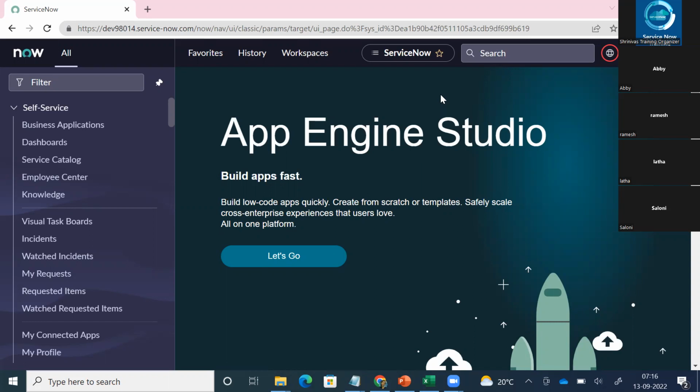ServiceNow is just, if anything is broken, we need to give service for them, right? If any computer or plugin, that's what I'm thinking. Okay, anyone else want to add something? For example, users are unable to log in and they created a ticket and they are assigning it to me. I will go through the ticket and maybe I will help them out. I will change the password or I will create a user. Okay, great answer. Thank you.